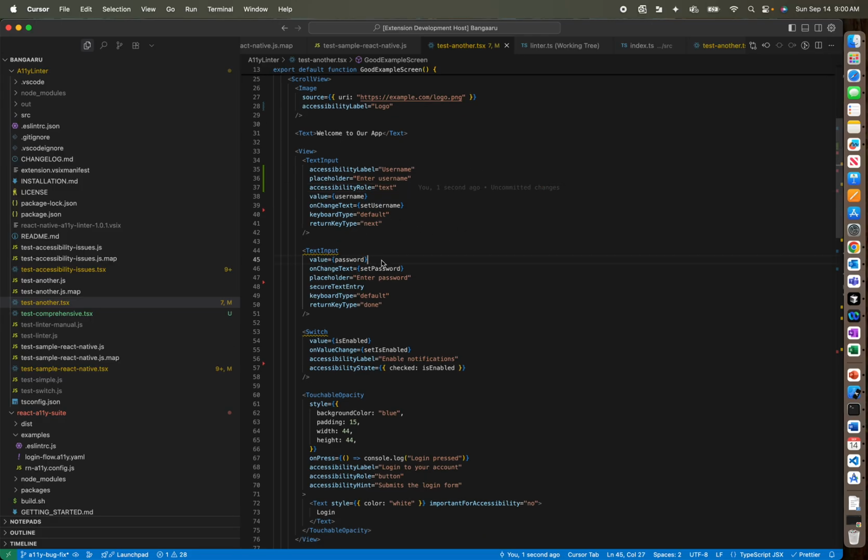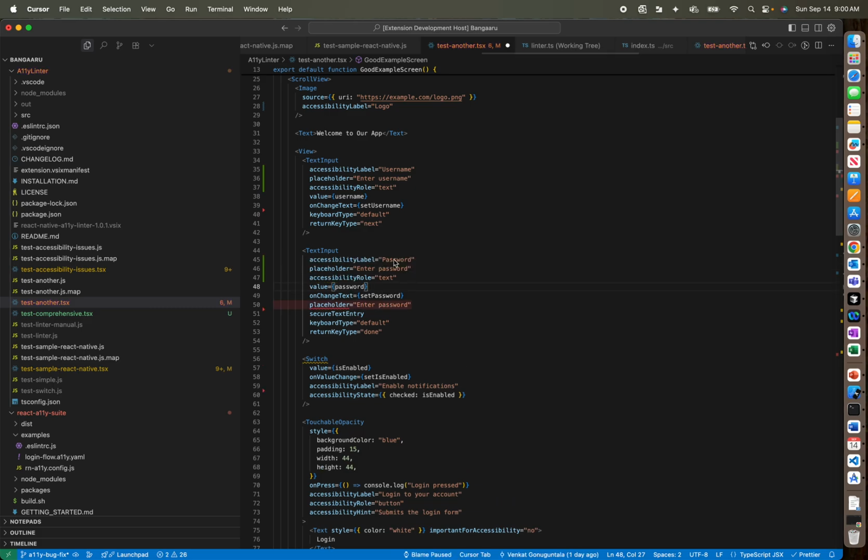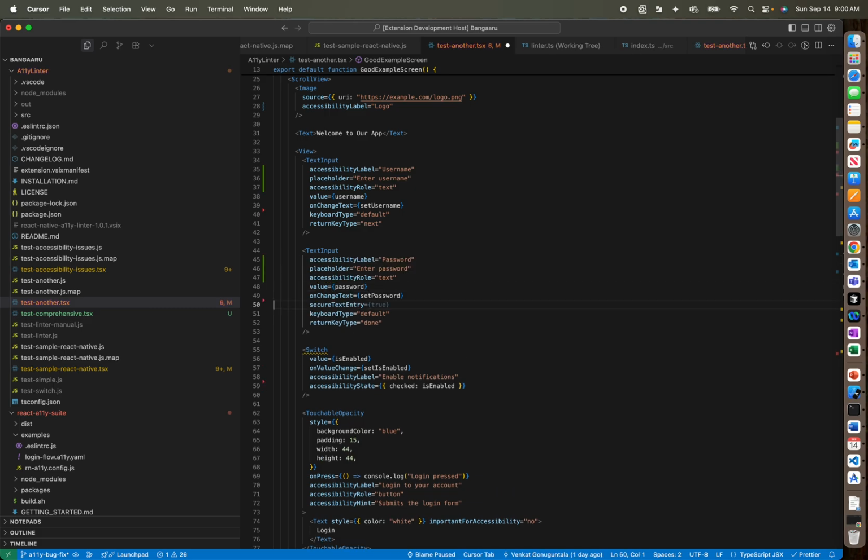And here again, it's the same thing with this. I don't need a placeholder because we already have it in here. So we were able to fix these warnings by adding appropriate roles and